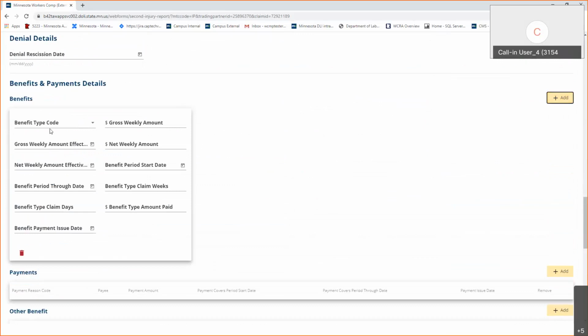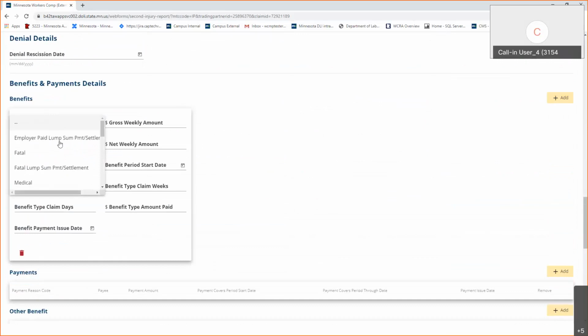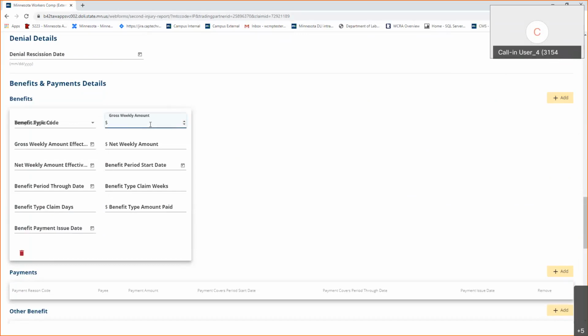Now, if I get to benefit and payment details, I'm going to click this plus sign to add a benefit record. Select my benefit type code. I'm going to select temporary total since this individual is fully off work. Her gross weekly amount is $800 and the effective date for that is